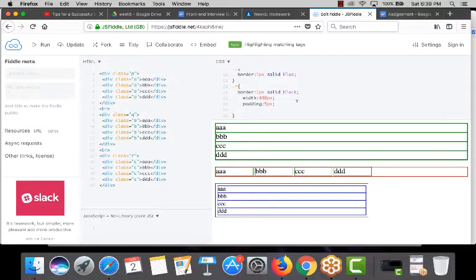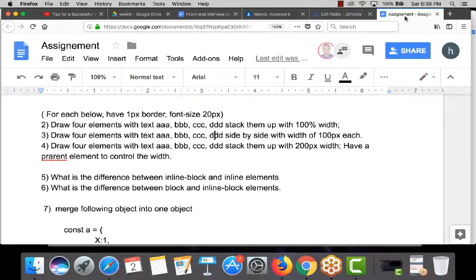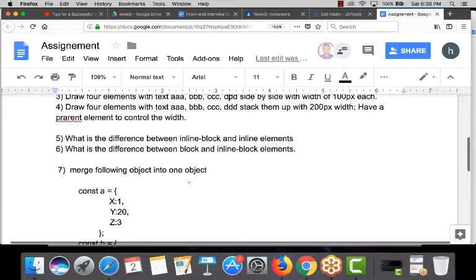All right. So any question on this? We are discussing the padding and margin. Okay. So that was it, and then the last one was